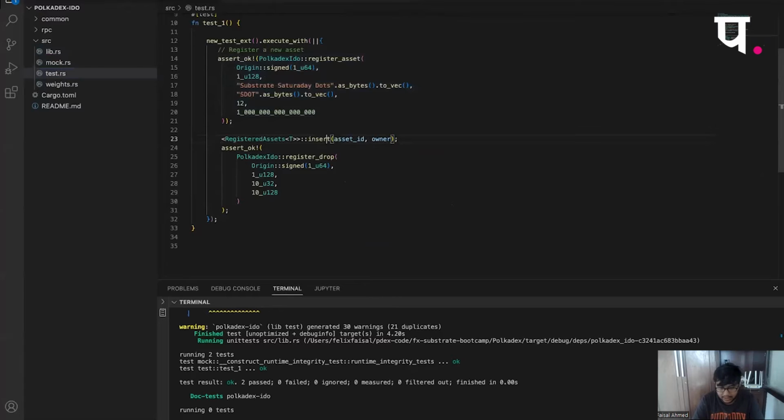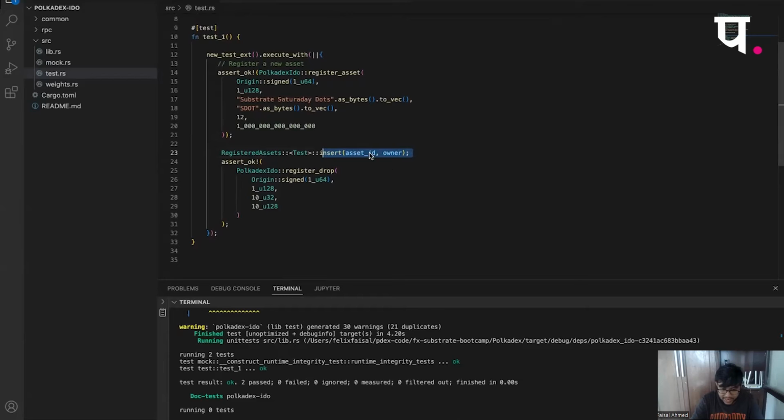So what I will do is I will go here and call this. I think there is some generic syntax here. I would have to do something like this, registered assets. And since we are calling this inside the test runtime, this is how I would do it. Since asset ID is the key, I can just do registered asset, contains key of asset ID.